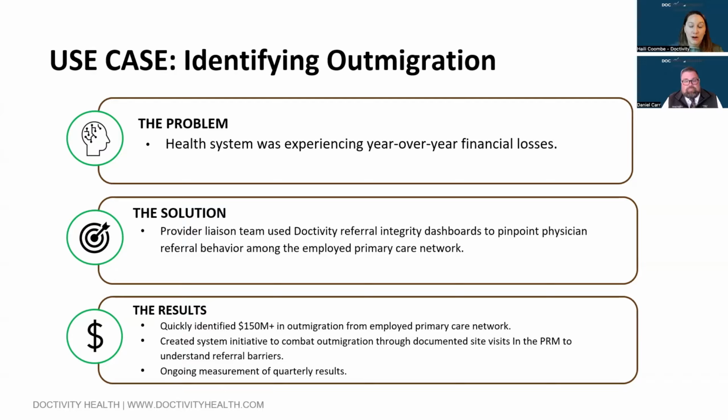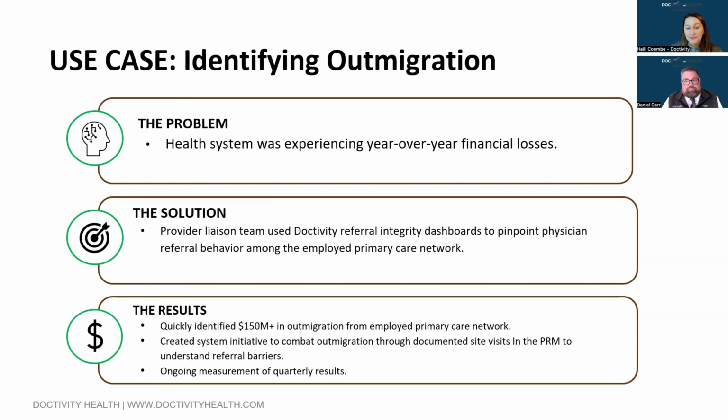Administration got involved, went on the road, had conversations, and there's still some ongoing measurement of those results on a quarterly basis. But we have seen the tide turn a bit. And I think this is another great example of the liaisons bringing it to the table. It's not necessarily on them to impact the strategy and the change and be out there doing it all by themselves. When we see this type of number and this type of ROI, it really is a team effort throughout the organization.